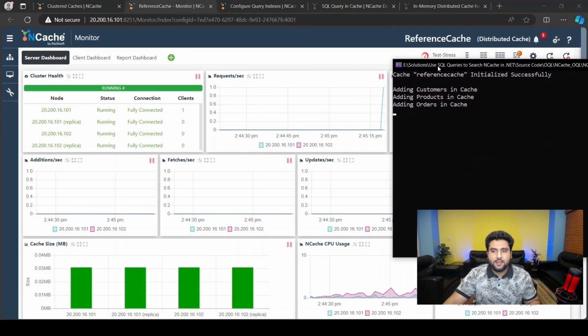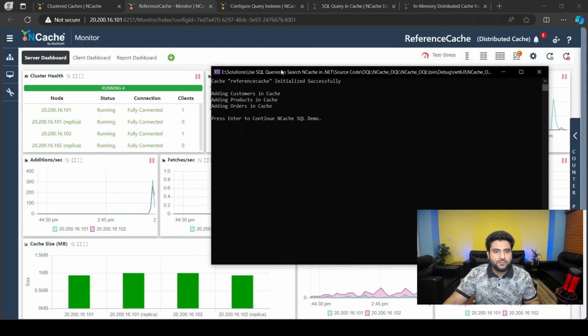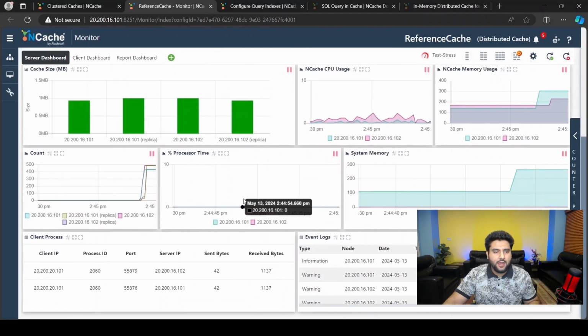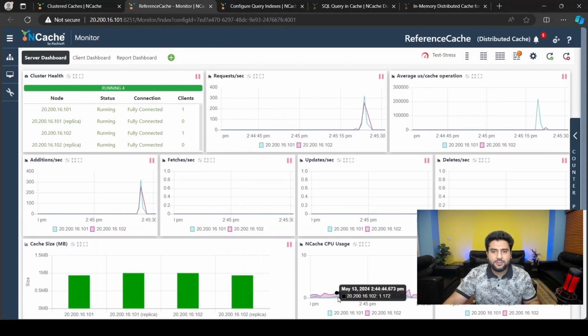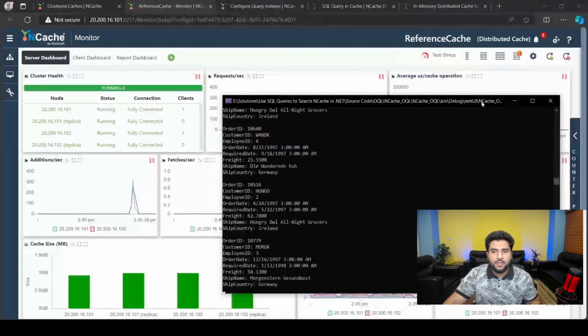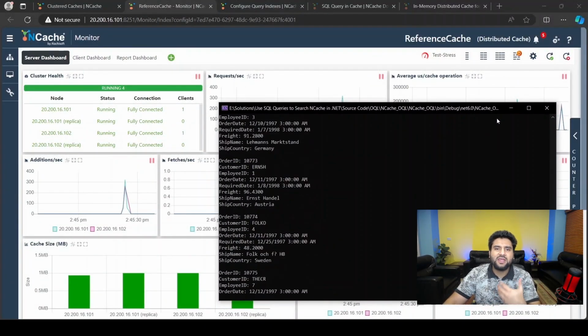Yeah, the client is connected and everything looks dandy. So we have some initialization request coming in. Items are added in the cache. Let's go back and now press enter. There we go. So all these results you are seeing are based on the criteria based searching that we have